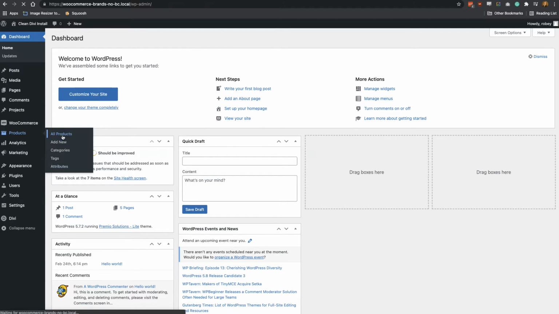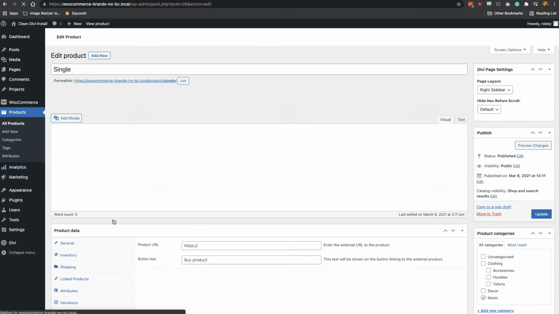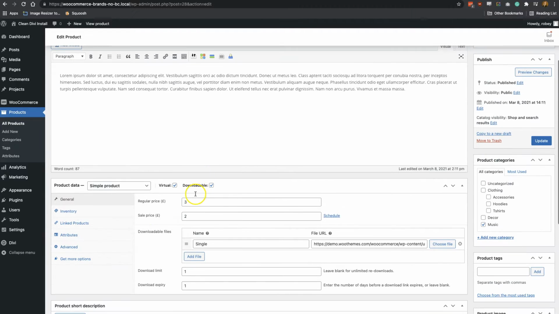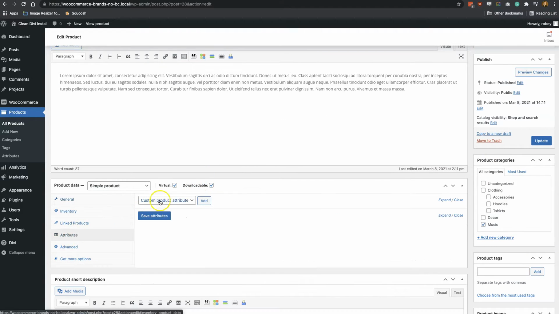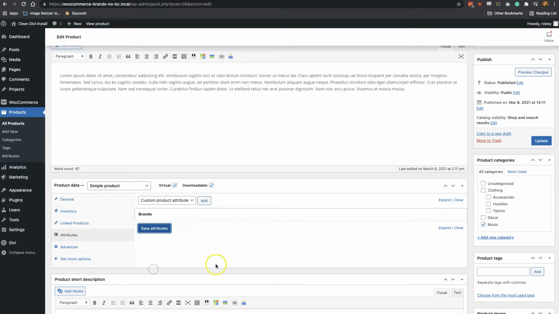All products. Sometimes I want to click too quickly. We will just select the single option. Say Reebok's making a new smash hit. We're going to say attributes, brands, add, and now we know the story already. Reebok, save, update,